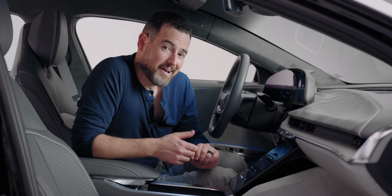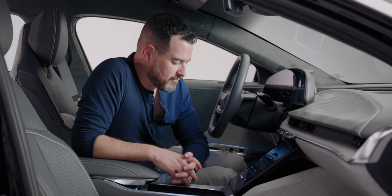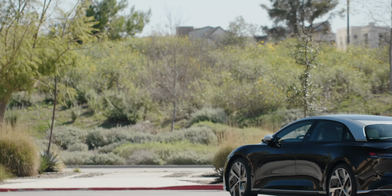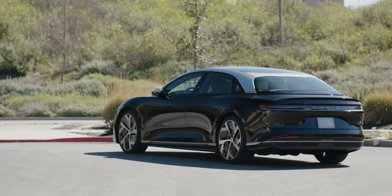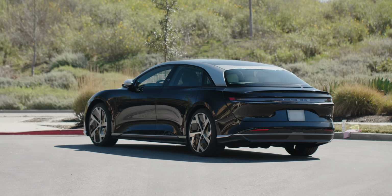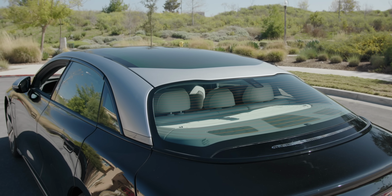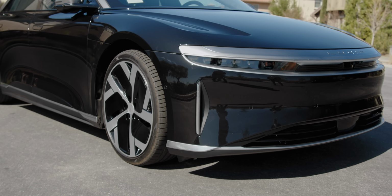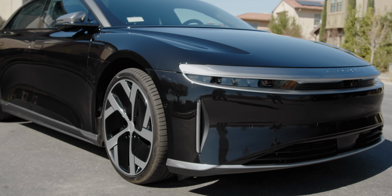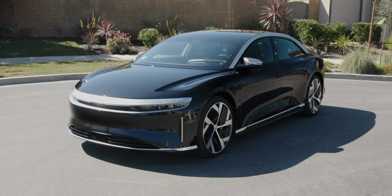And then to my surprise, the next day, I got a phone call from Peter himself. First, thanking me for buying the car and assuring me that the Lucid team is taking the feedback seriously, taking the issues that they discovered with my car very seriously, and personally said that they would make sure if they took my car for service, it would be replaced while it was away with the exact same model of the